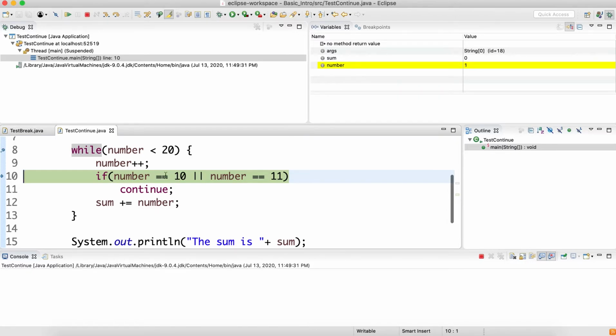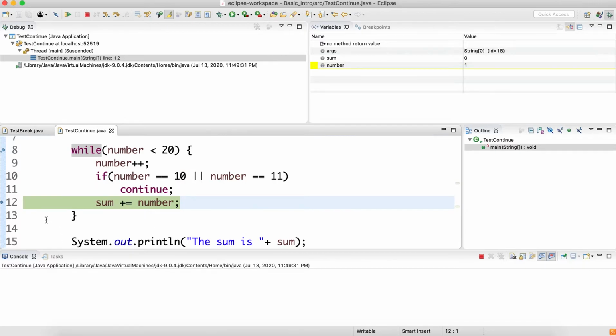Then it will compare here: if 1 equals 10, false, or 1 equals 11, again false. So it will not go inside, rather it will be accumulated into sum. Let's check. Step into and it will actually go over continue.